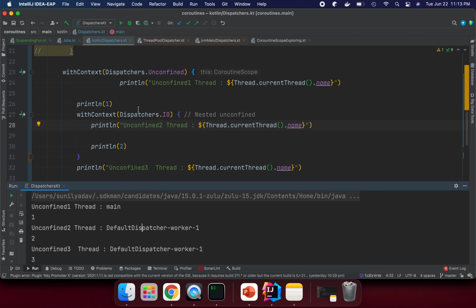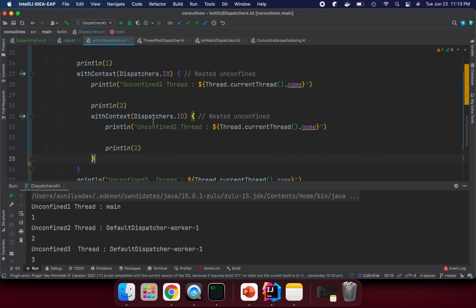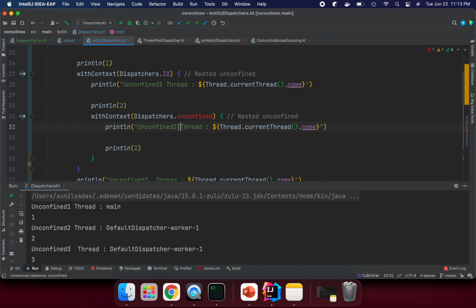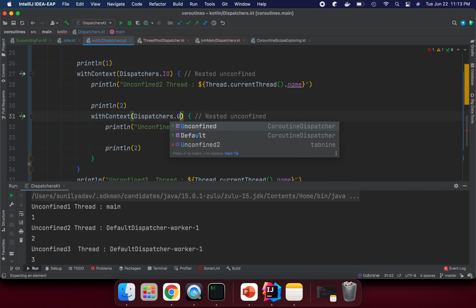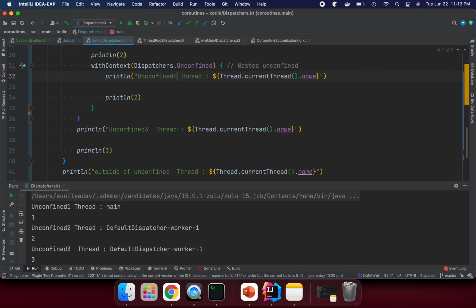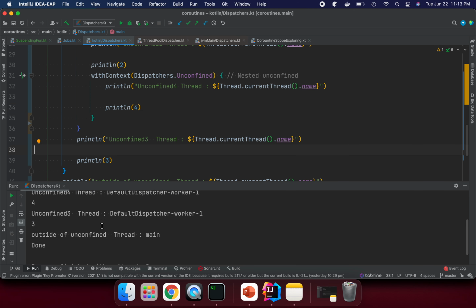Now this is changed, but let me put one more unconfined with context, unconfined 4, just inside, and it's going to be just 4. And let's try to run it.